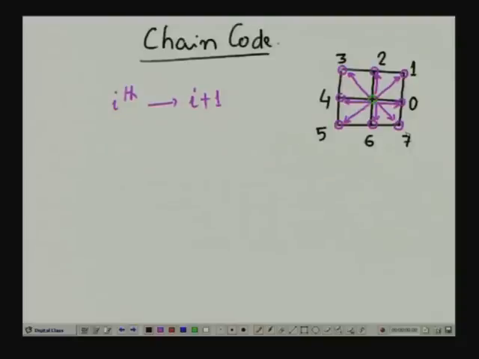So, if I represent each of these moves by using these 8 distinct numerals, then as we move along the boundary, the entire move, when I complete the cycle, that is when I come back to my starting point from where I started my move, either in the clockwise direction or in the anti-clockwise direction, this entire boundary can be represented by a sequence of such